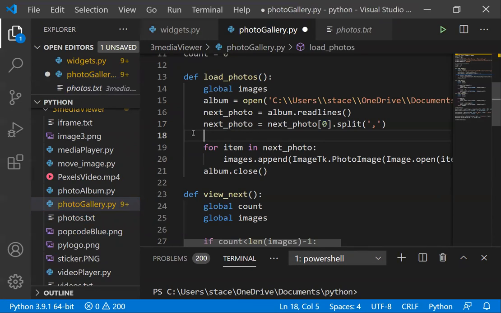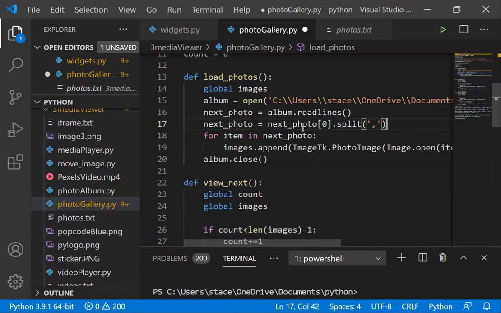Len of next photo just basically tells you how many photos are in next photo. Okay, so I took that out because that's not really necessary. And then line 18 is a for loop. I don't think we've done for loops. So here we are, we're doing a for loop,